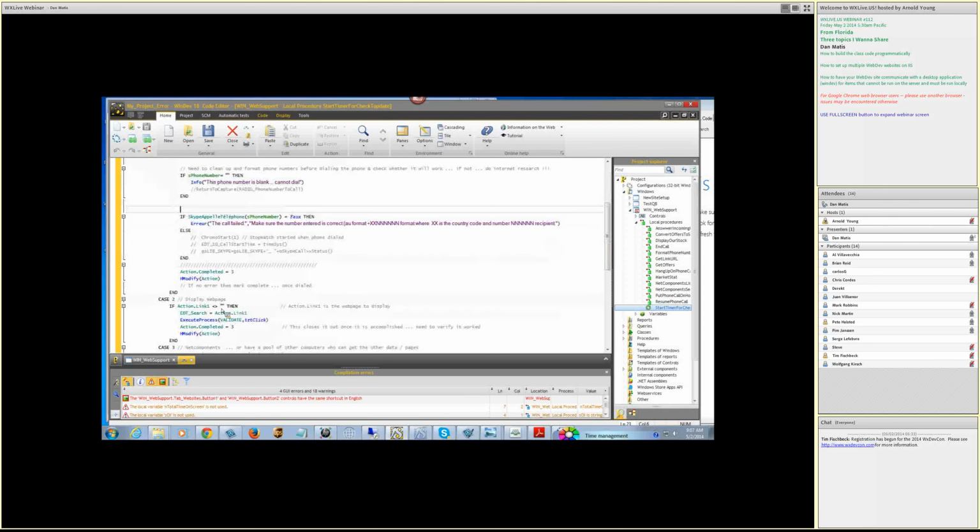Same thing here. We say, okay, if it's a website, where's the web page that we're going to, and execute the process. Go get the web page and then tell it it's complete. And you'll see here,